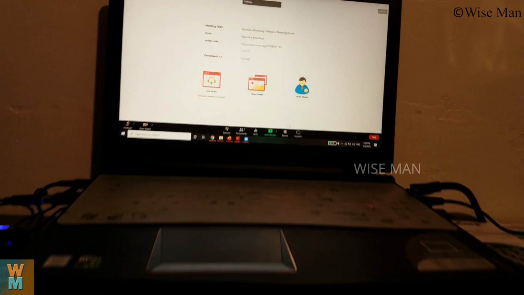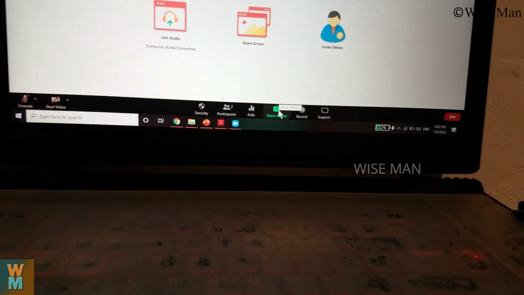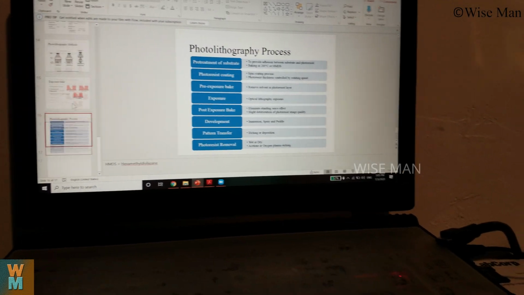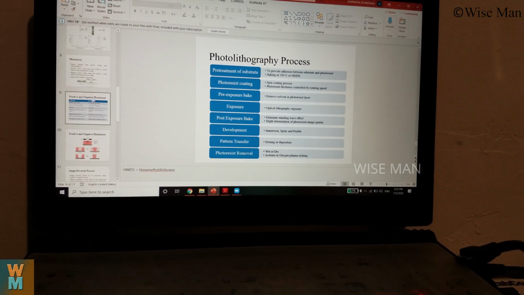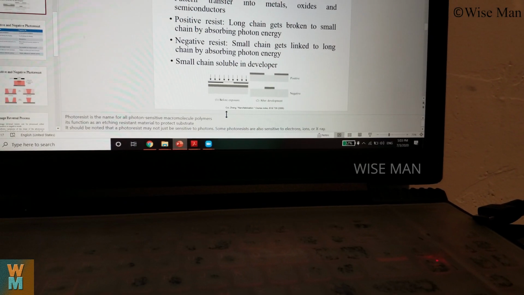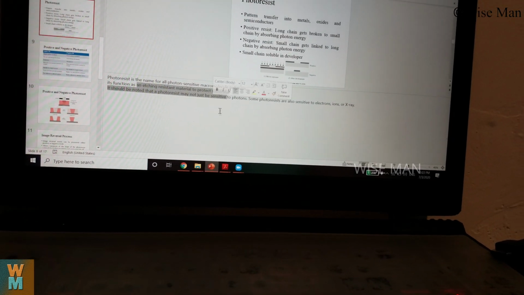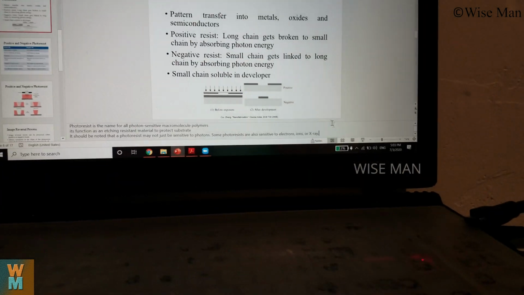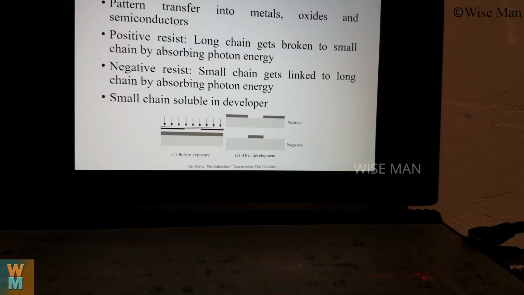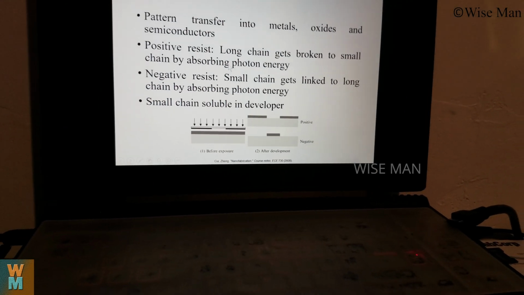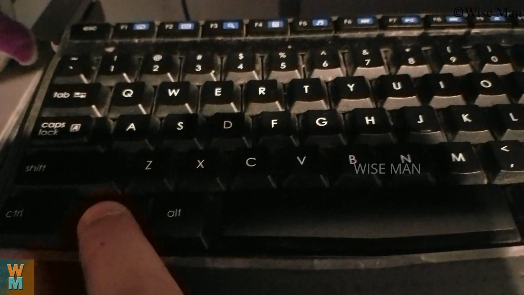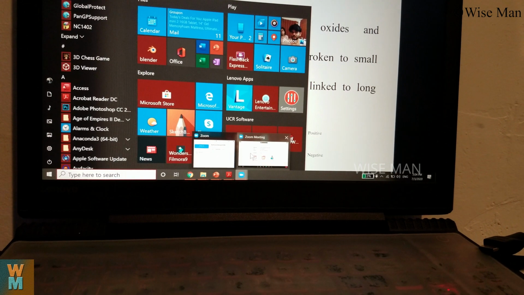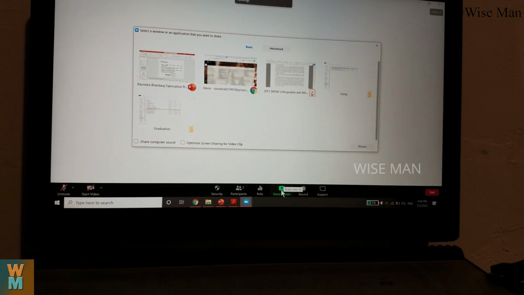So let's see. If you are going to share your screen, I have a presentation open, and to present this via Zoom, as you can see over here, I have these notes written on the notes bar. Now if I'm going to present this, I will go for the slideshow option, and then I will press the Windows key, go to Zoom, and share the screen.